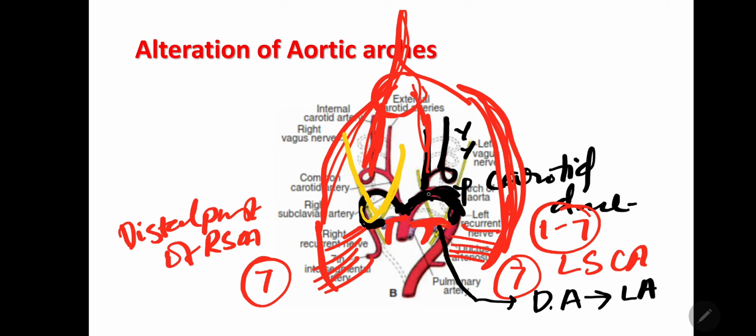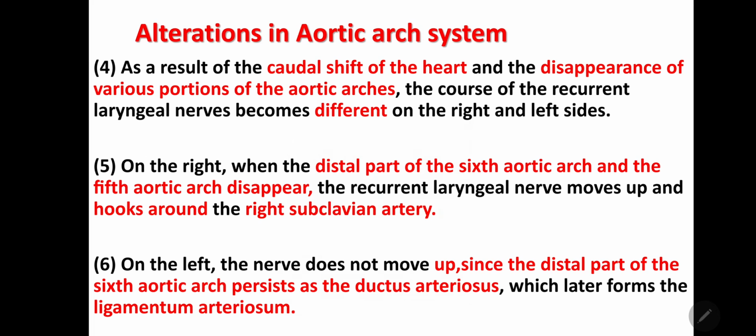Whereas on the left side, it hooks around the ligamentum arteriosum, which is nothing but the ductus arteriosus, coming from the distal portion of the sixth aortic arch artery. So that's why there is a discrepancy in the course of the right and left recurrent laryngeal nerve that we will see. So what happens here? Further alteration, the heart will shift to the thoracic cavity, elongating the brachiocephalic trunk and common carotid arteries. Whereas